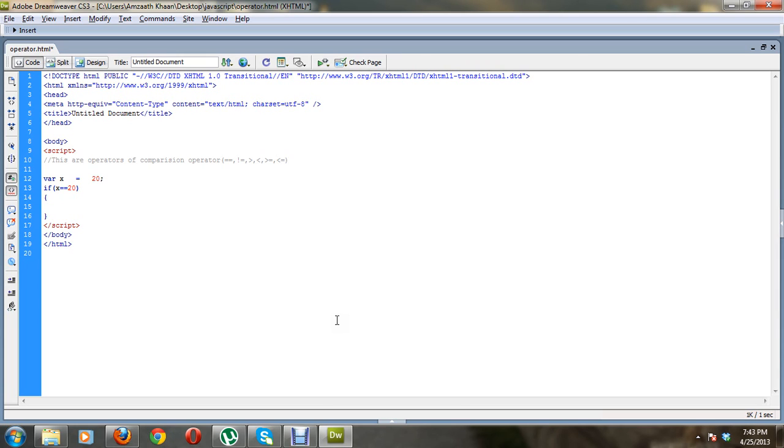What is if, we can discuss in conditional statements. Right now let's just concentrate on the comparison operator. If x equals 20, I want to print one statement, document.write, this is true, else